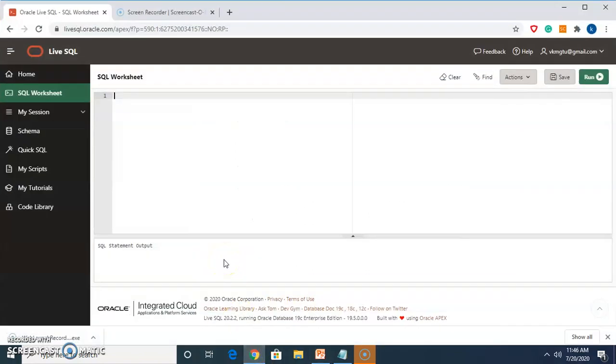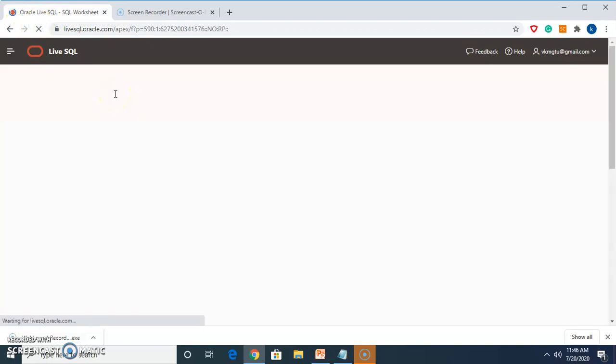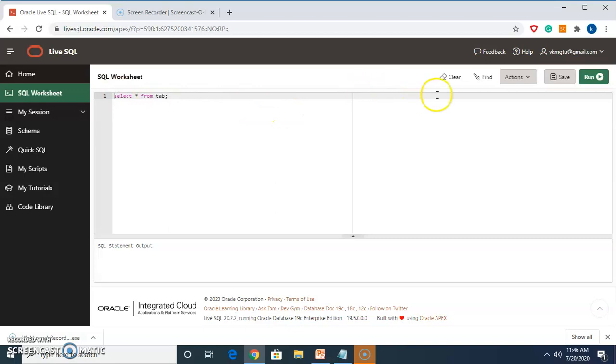So here I'm using Live SQL. For creating a table, we use the create command. So create table.